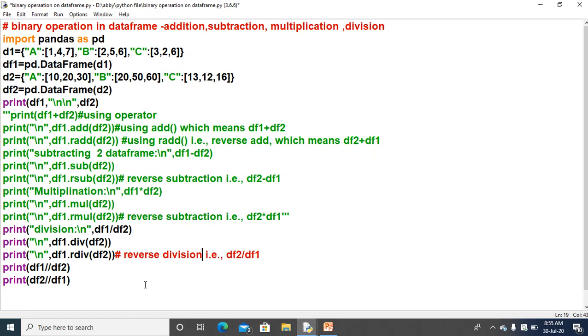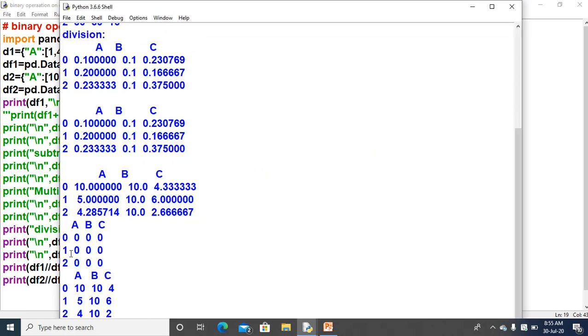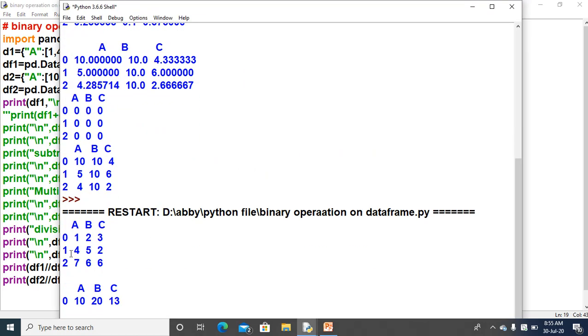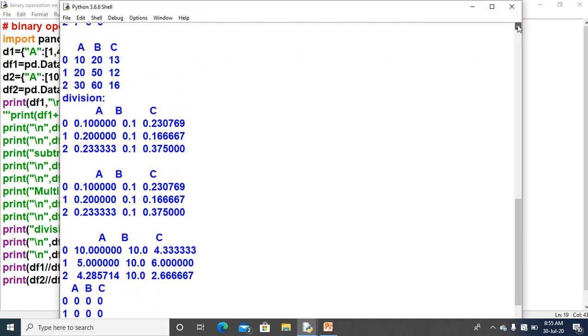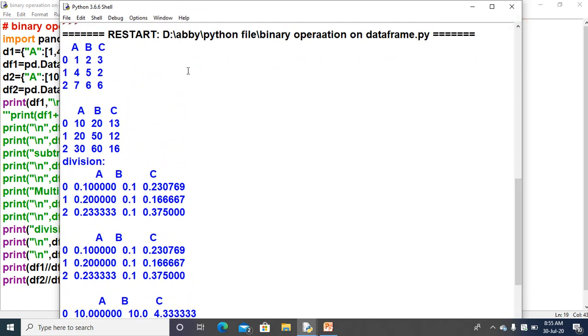Okay, so let us see the output. The first data frame, then the second data frame. 1 by 10 is 0.1, 2 by 20 is 0.1, 3 by 13 is 0.23, 4 by 20, 5 by 50, 2 by 12 is this result, and 7 by 30, 6 by 60, and 6 by 16 is this one.